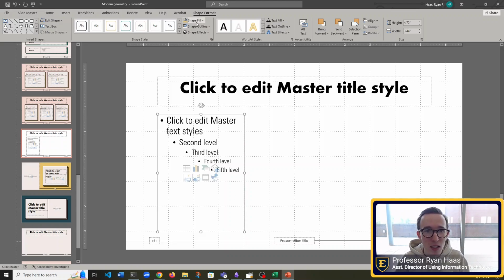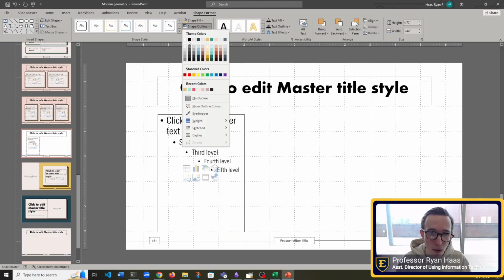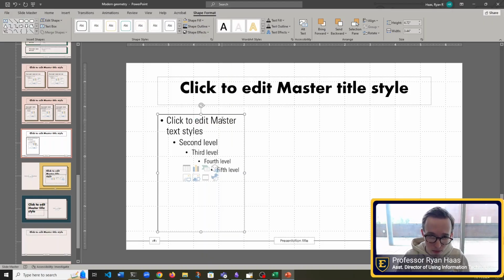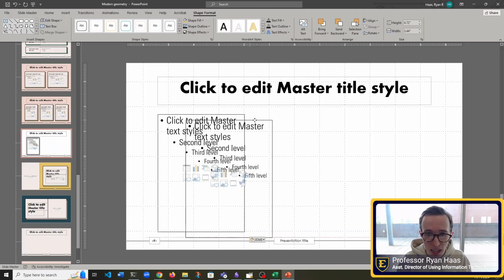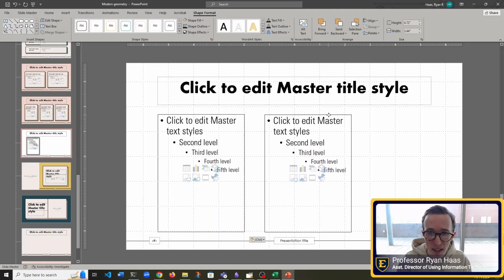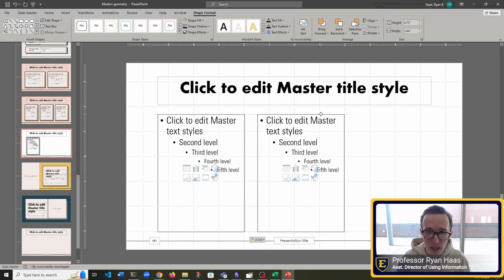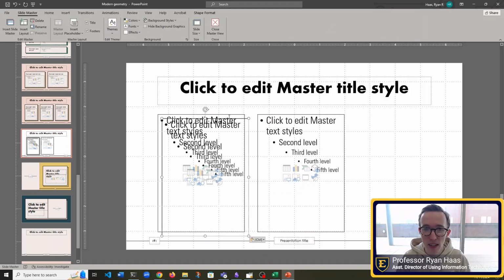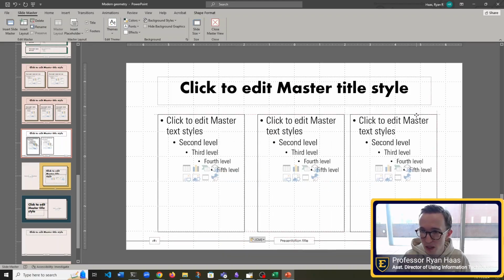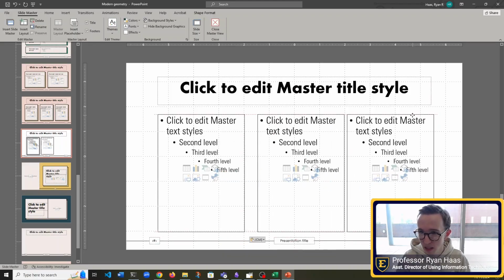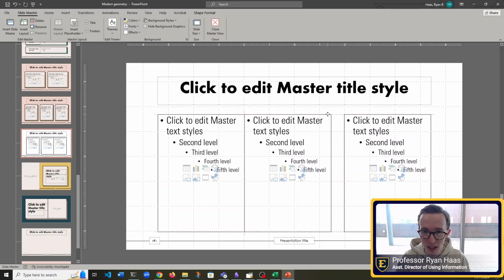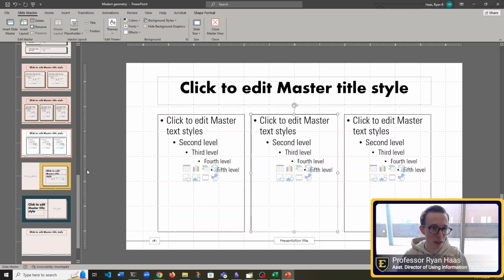So now I can style this by setting an outline color on it. If I select the edge, press Control C, and then press Control V, you can see I can copy and paste that. So let's put another one here, and let's put one more over here. I'm trying to get these lined up kind of evenly. Perfect.